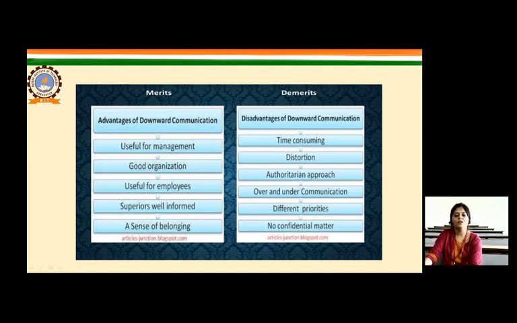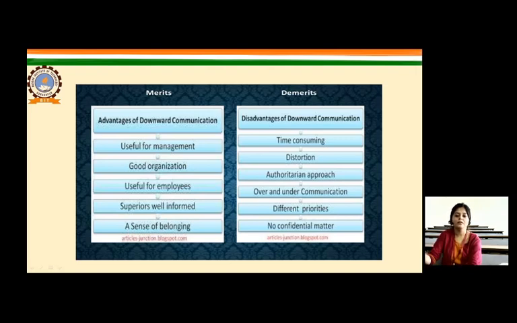Time consuming, because when each and everything is being told to you separately, and every small thing is being explained to every individual employee, then this takes a lot of time at many places. Then distortion also. Distortion may happen when they are communicating through a number of levels. There might be a situation where the middle manager has misunderstood the information, and so he has passed on incomplete information to the next level, and this has caused a lot of distortion, and the complete message has been taken in another way.